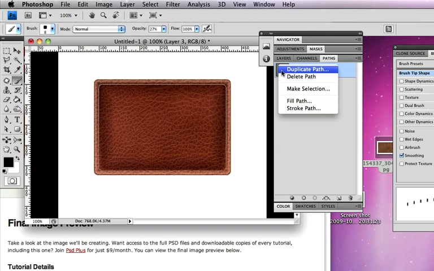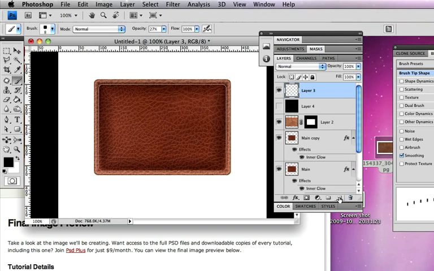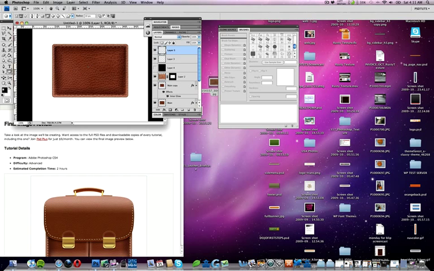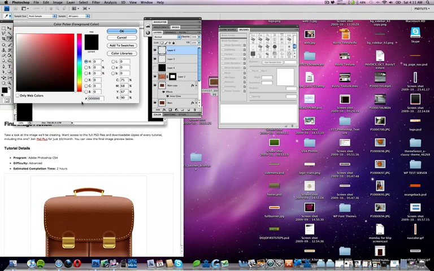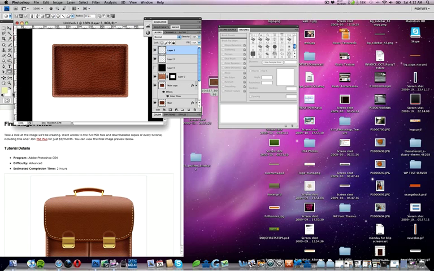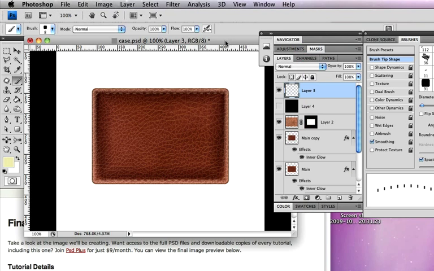You can right click on it and go to stroke path, but we need to create a new layer and set our color back to, I think it was the EB color, yep, ED. Make sure I'm in the right place. ED E9 0, sorry, AD. Getting all my numbers and words mixed up today. Click on OK. We've got that color selected. So with that color selection,